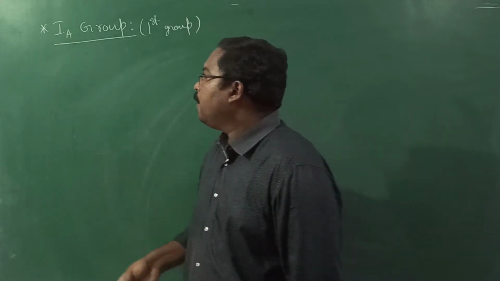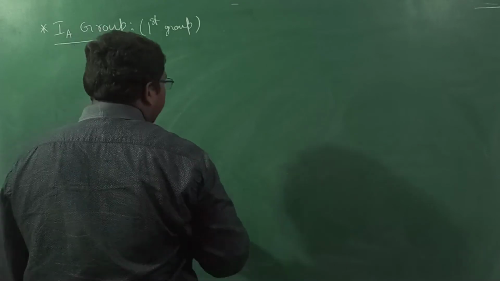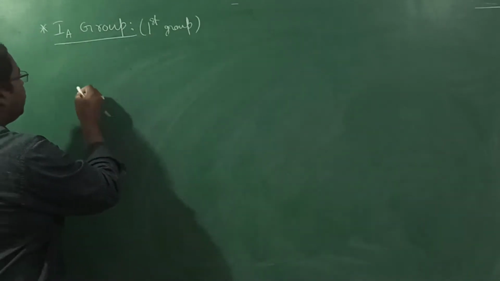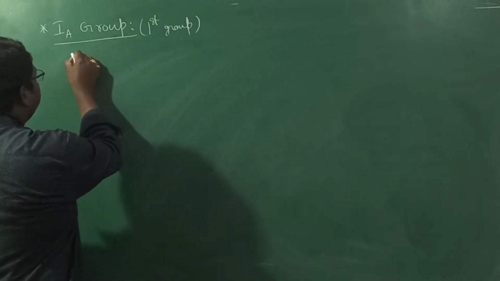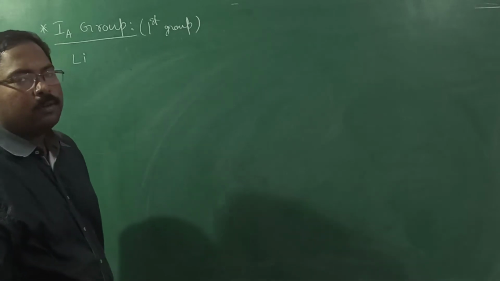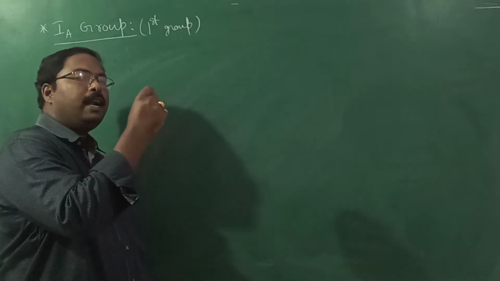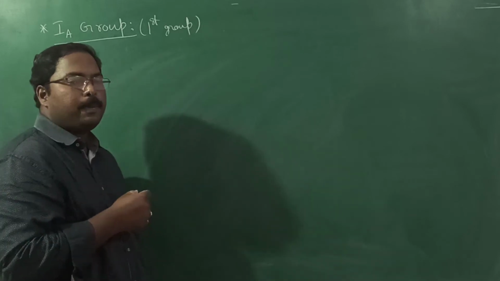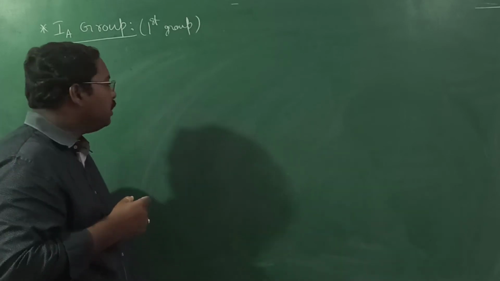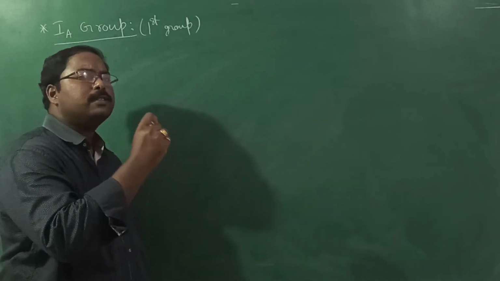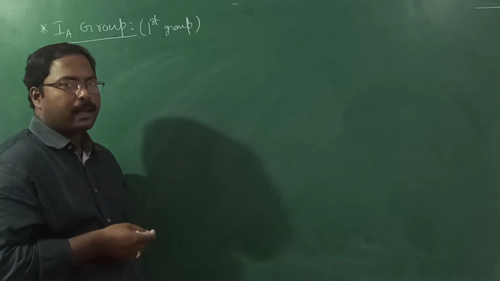Now, at the minimum basic level, first let us focus on these 8 groups. Coming to the first A group, the elements present in this group: can we include hydrogen in this group? No. So don't include hydrogen in the first group. That is the drawback for all these periodic classifications we discussed. Even in the modern periodic classification, the position of hydrogen is a drawback. In the drawback section we will discuss it.